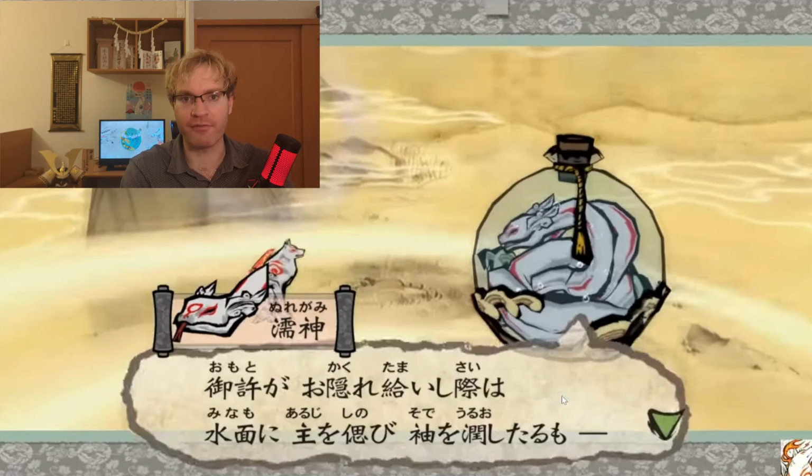However, because it's so obvious that koto is the actual noun that's supposed to follow, they just don't say it. And because we have it in this attributive form, you know that there's supposed to be a noun that follows after it, but it then becomes so obvious that we don't actually need to say it. So, sodeo uruoshitaru mo. So the act of dampening my sleeves, mo, just means also. It's a particle that means also or even. Even the act of dampening my sleeves, also the act of dampening my sleeves. Continue.